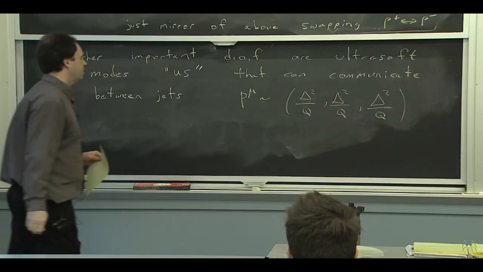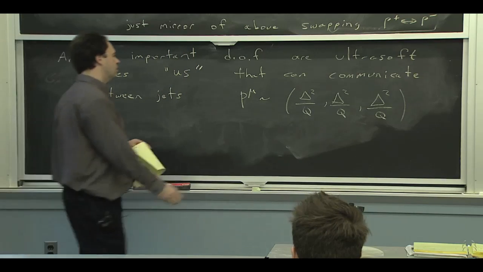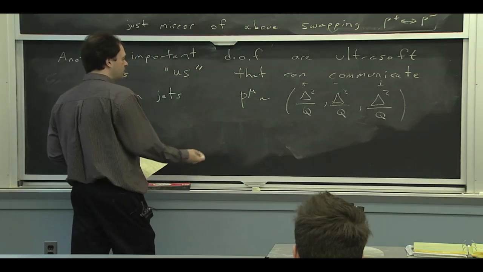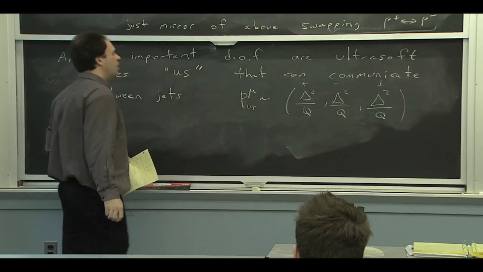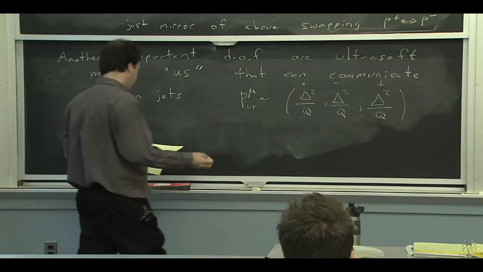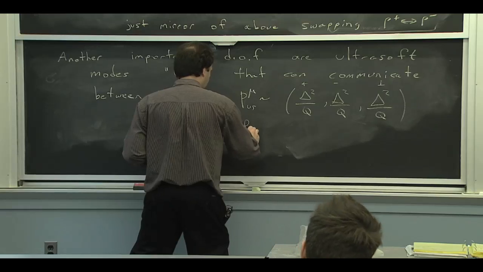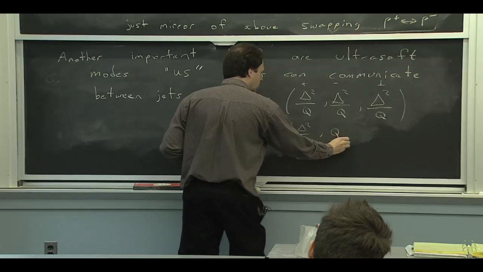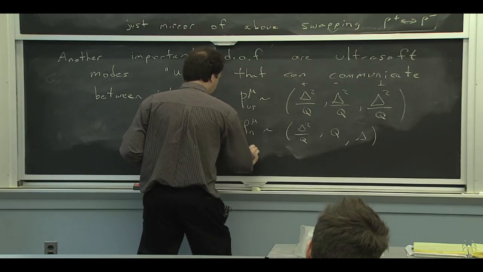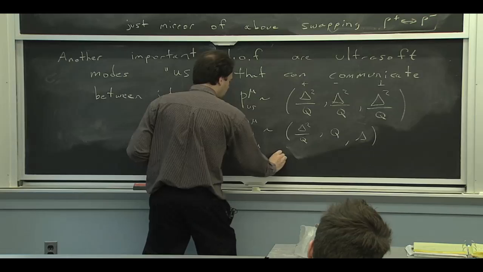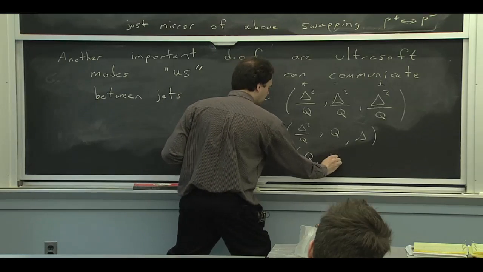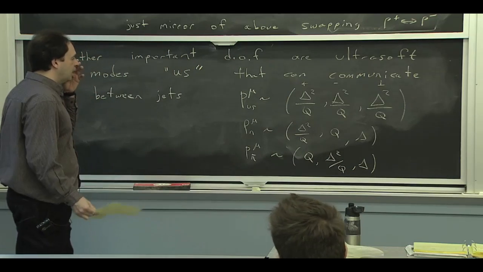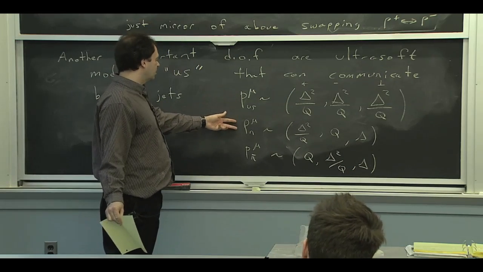This is a homogeneous type of radiation, so it has the same scaling in the plus, minus, and perp. And if I compare this, so this is for these ultrasoft modes, to the scaling that we have for, say, the n collinear modes, so let me call that Pn, that was delta squared over q, q, delta. And if I make the mirror for the other jet, then I would switch these two, delta squared over q, delta. So when I say communicate, what I mean is that these guys can talk to both of these guys without